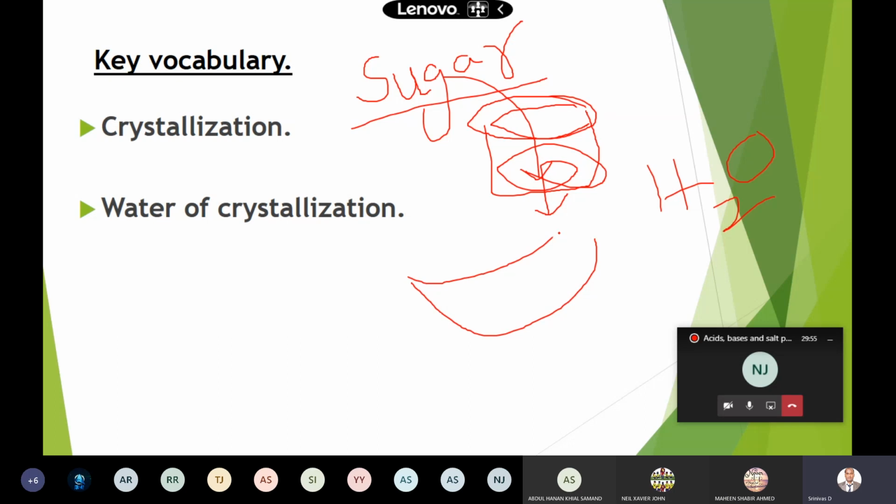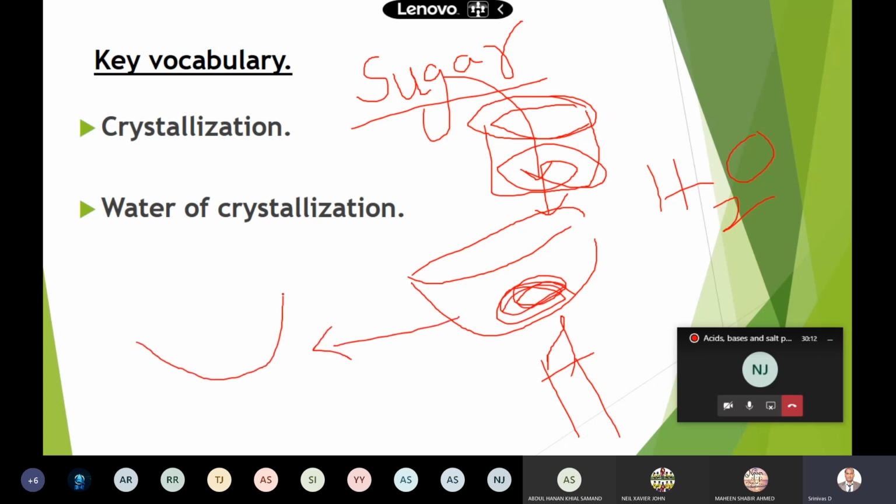Take this sugar solution in a small bowl. Heat it on a stove for a little span of time, maybe two to three minutes, until you see that the solution becomes thick or concentrated. Leave this bowl on your shelf. Don't disturb it. After a day, if you look at the sides of this bowl, you will see small crystals or white color formation. So this process or method we generally call crystallization.